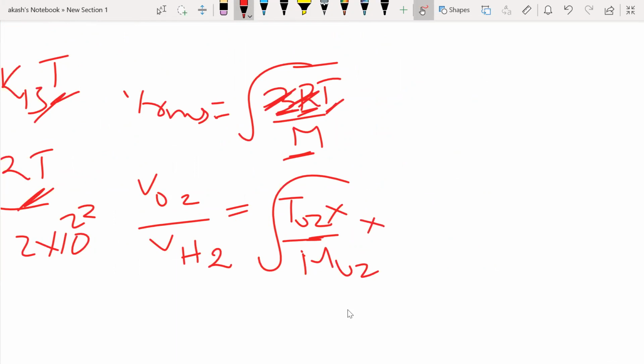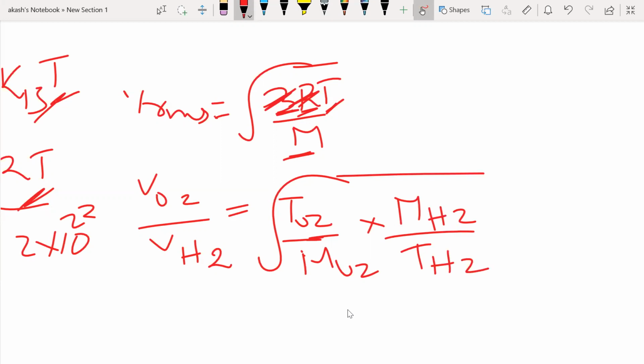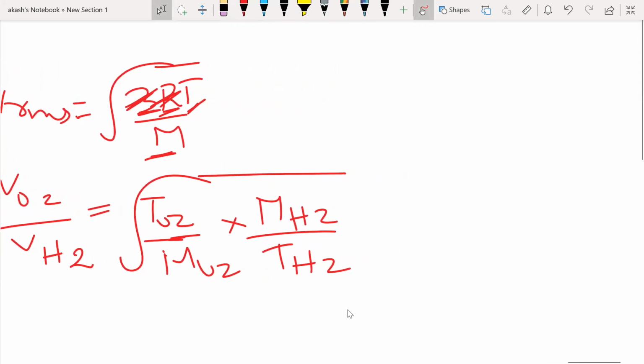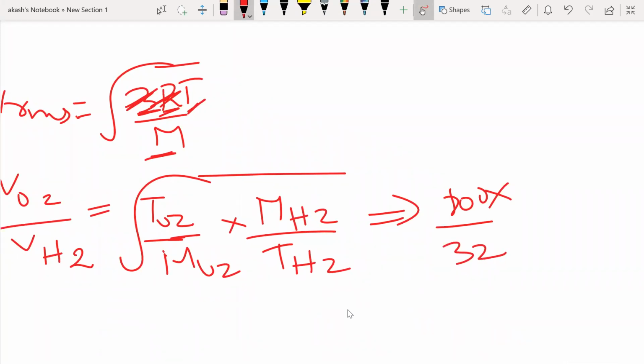into molecular mass of H2 divided by temperature of H2, because they are division. If it goes up, numerator becomes denominator, denominator becomes numerator. So you just have to substitute the values. Temperature of O2 is 800, divided by mass of O2, that is molecular mass 32, into 50 Kelvin,